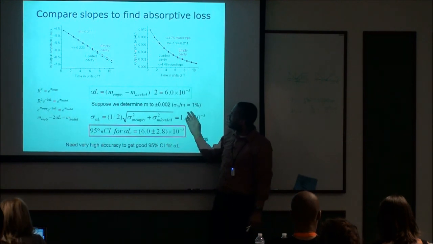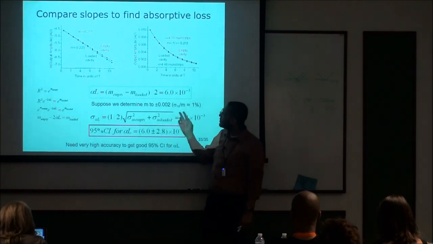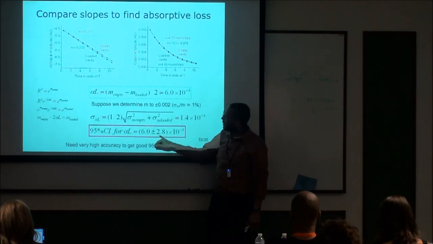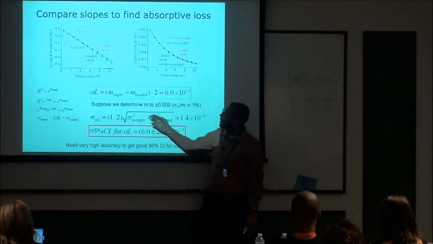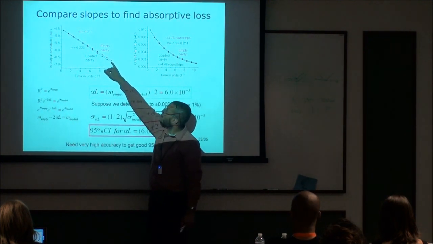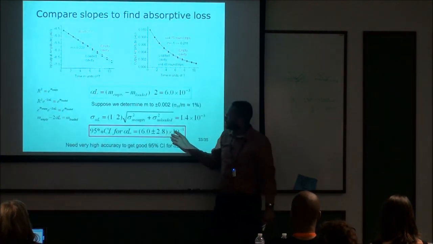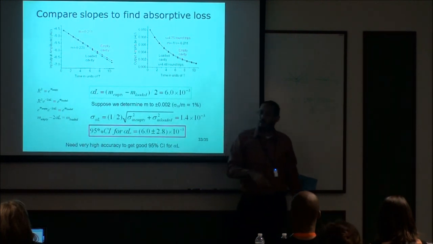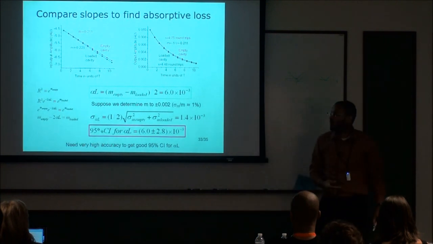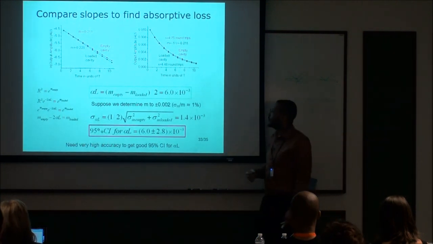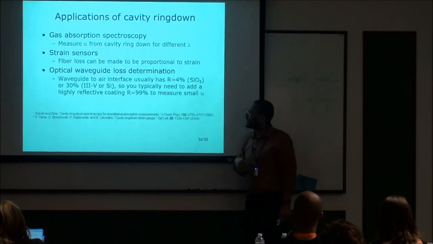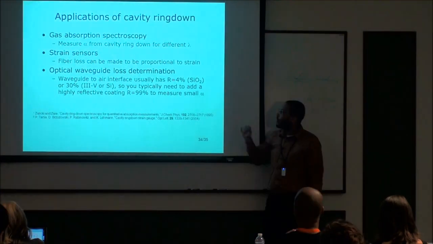The problem is, even if I'm measuring accuracy of something like 2 times 10 to the minus 3, my errors are going to be a factor of 50%. And that's because I'm trying to subtract two very small numbers. So this method is useful, but you have to be very mindful of using error analysis correctly, because the uncertainties are actually pretty large when you subtract two numbers that are close to each other. Okay, so this is used for gas absorption, strain sensors,